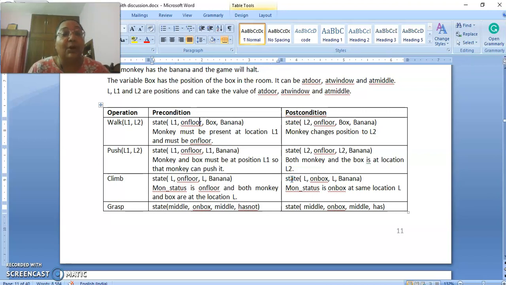Then the monkey should be on the floor in order to walk. He cannot be on the box. On the box he cannot walk. Then there is a position box where the stool is placed. Now if this L1 and the box position are the same, then the monkey doesn't need to walk. After performing this operation, the monkey will move from position L1 to L2, and the box is at this location. The monkey is on the floor before and after the walk,